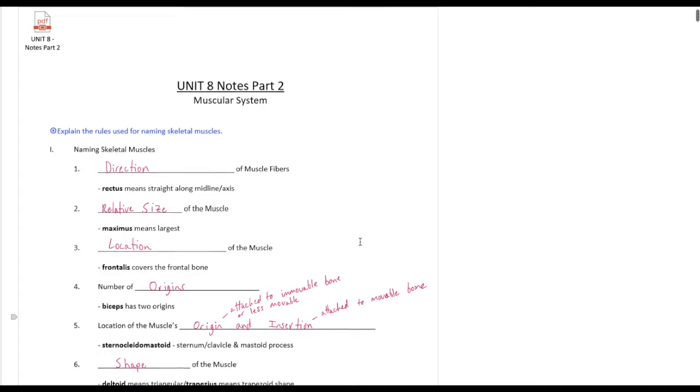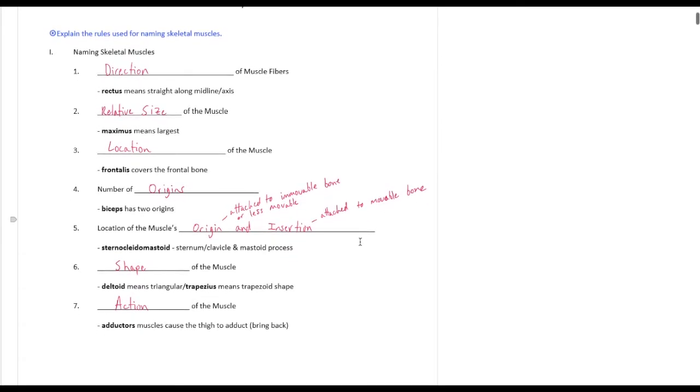So we're going to name skeletal muscles by 7 ways. We're going to look at direction of muscle fibers. So the rectus means straight along across the midline or an axis. So the rectus abdominis, the muscle fibers are going along the midline. Therefore, that's why we would have rectus to start with the name there. Now, some of the times when we deal with naming skeletal muscles, there are more than one way that we name them, or more than one different